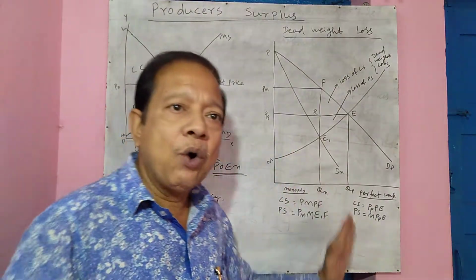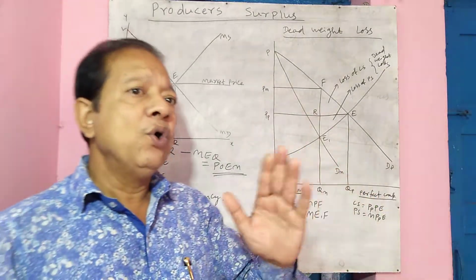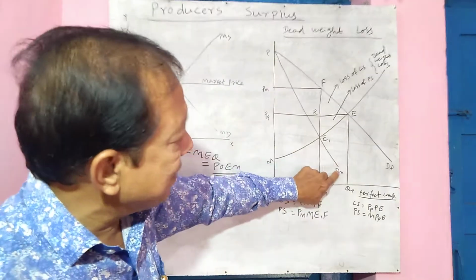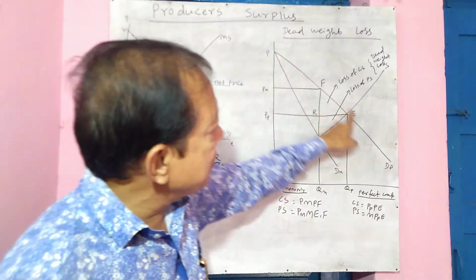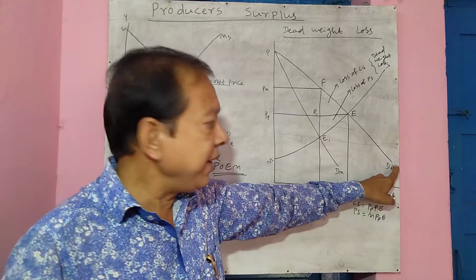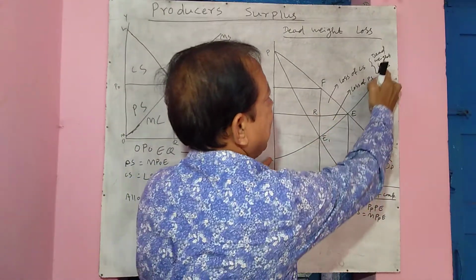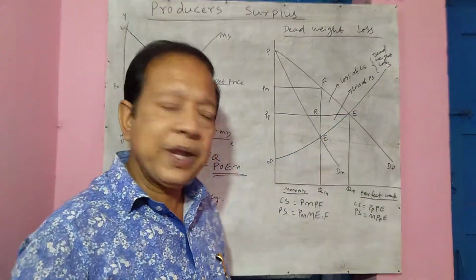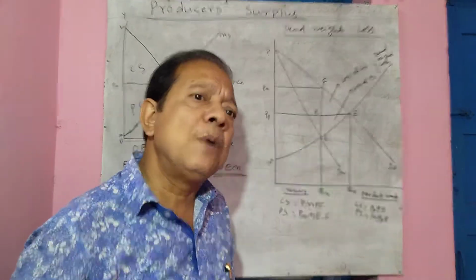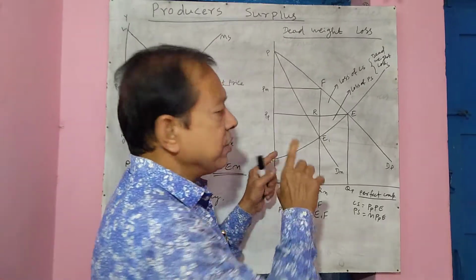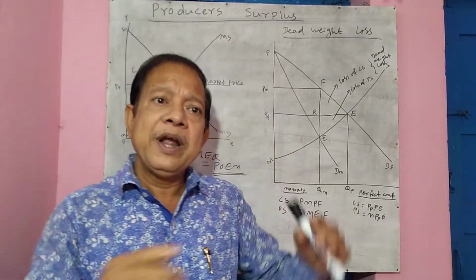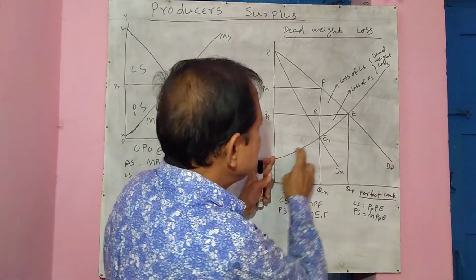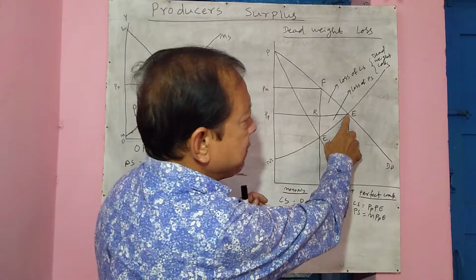Let's see how this allocative efficiency works under perfect competition and how it works under monopoly. Now you see, this is the demand curve of monopoly, this is the demand curve of perfect competition. Now this is the supply curve. Let's say this is the supply curve of both markets. Now let's first come to perfect competition. Under perfect competition, price is determined at the point where demand and supply intersect. So this is the demand curve of perfect competition, this is the supply curve of perfect competition. Both meet at point E.